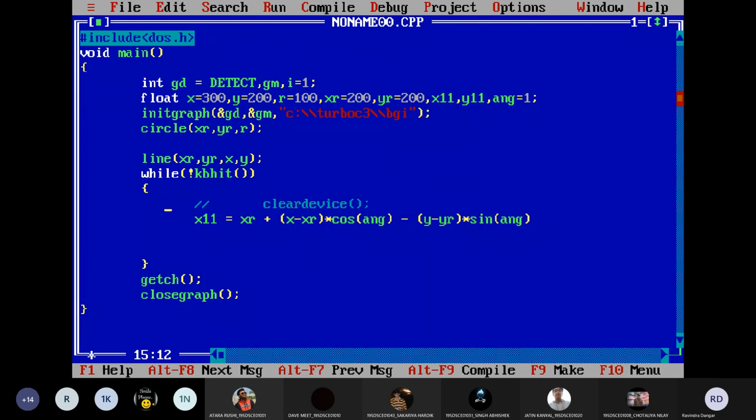And as we know, now we need to convert this angle into radians, and to convert the angle, what can we do? Do you remember that? Pi by 180. 3.14 by 180.